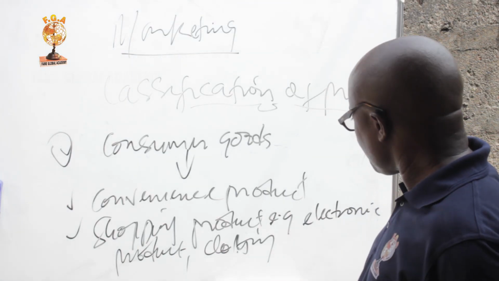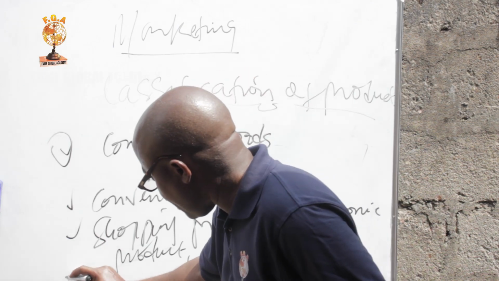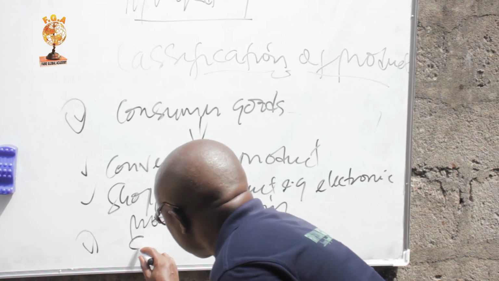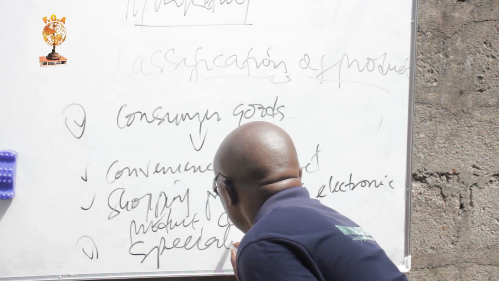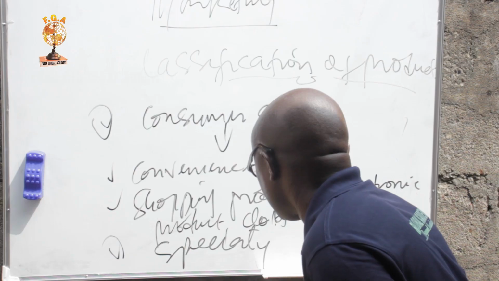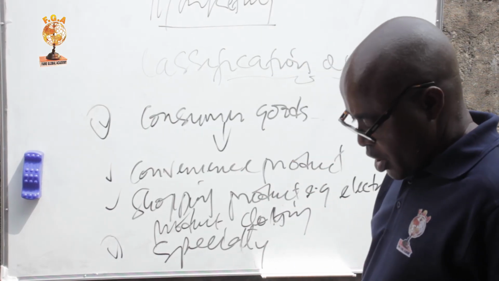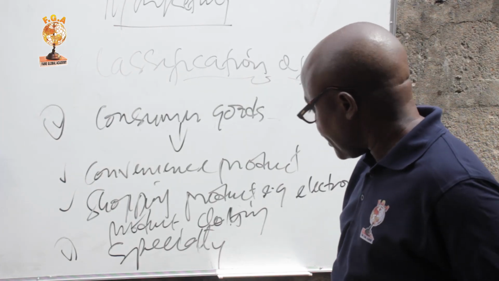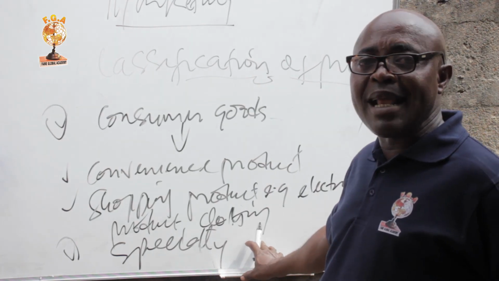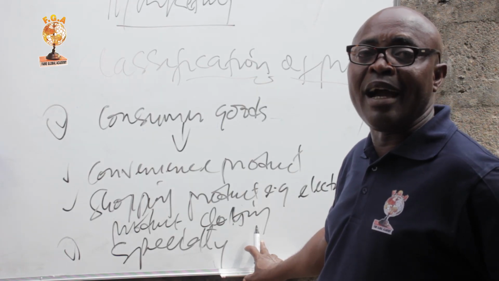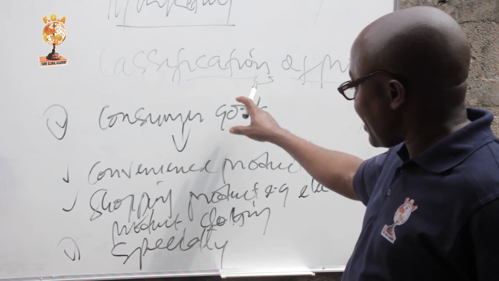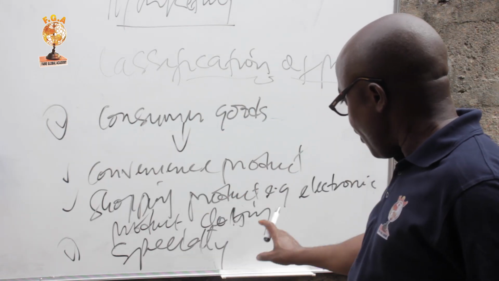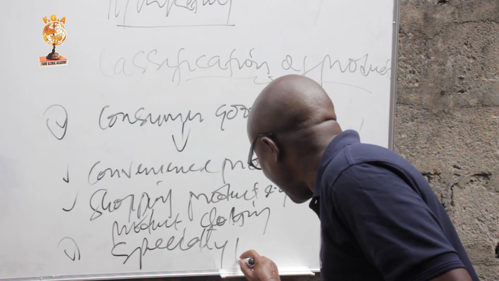Then outside of this one, you equally have the one we refer to as specialty. You have the one we refer to as what? Specialty products. This one is of high demand. They are of high grade. All these items are of different grades. So you can't be having confidence in where you have this one or that one.